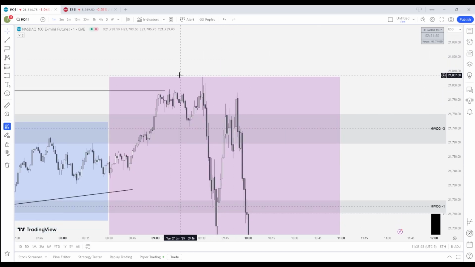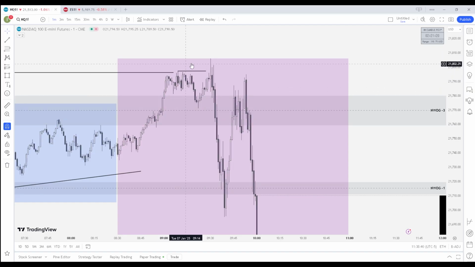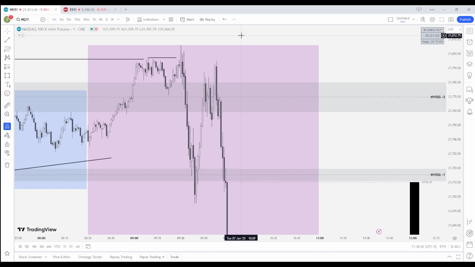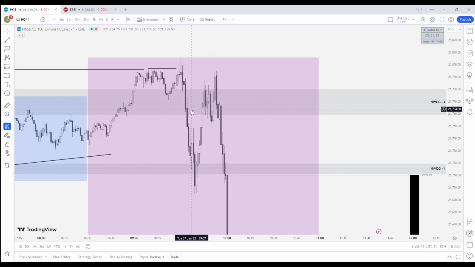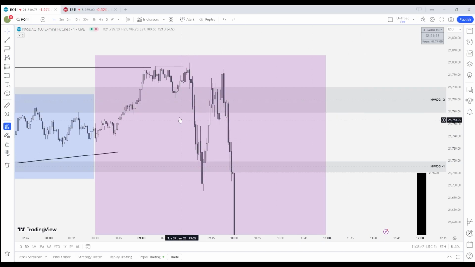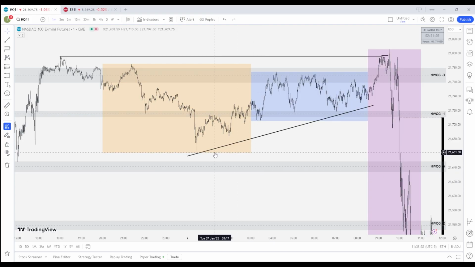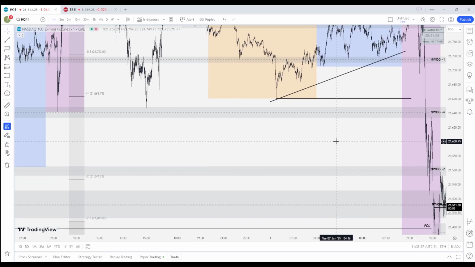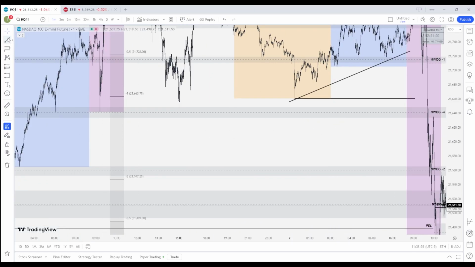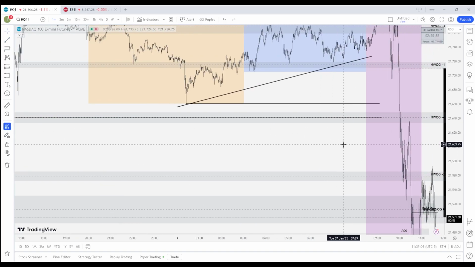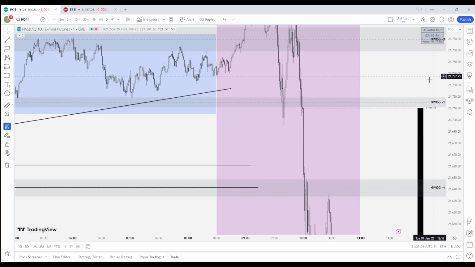So when I was looking for a trade, I was looking for shorts here, right? So we had the sweep of the previous day high, we had the sweep of this high, so that gave 3 drives lower. And then I was trying to look for a short here, or somewhere around here, so I can kind of short all the way down to Asia lows. And then I was looking at these relative equal lows inside of the new week open gap as my target for the day.